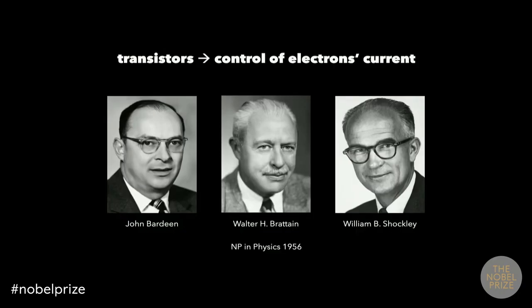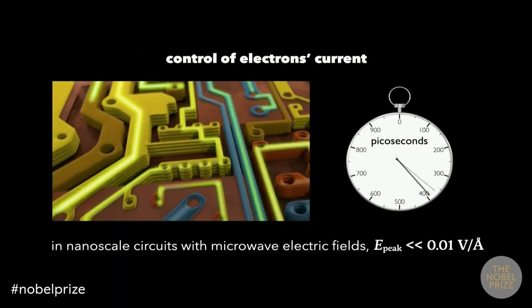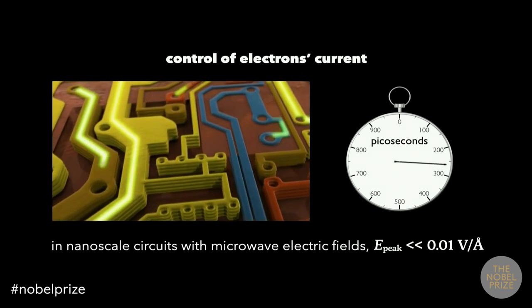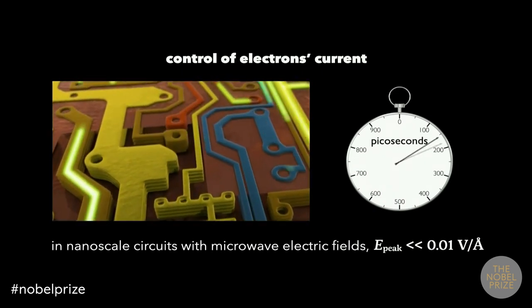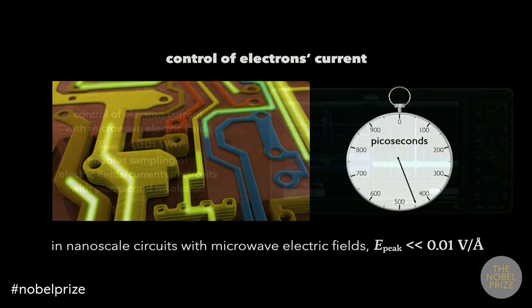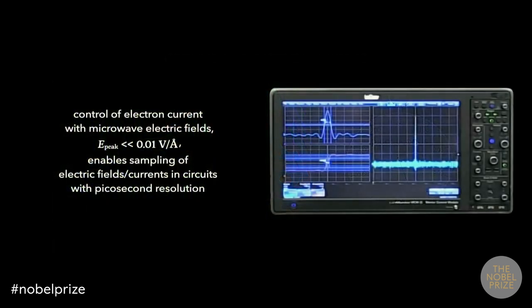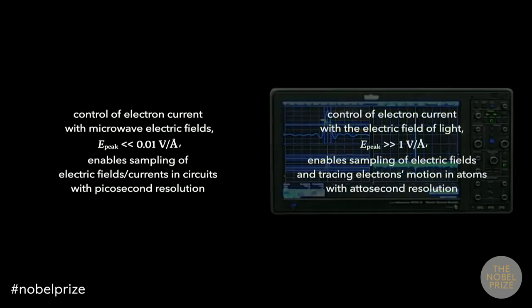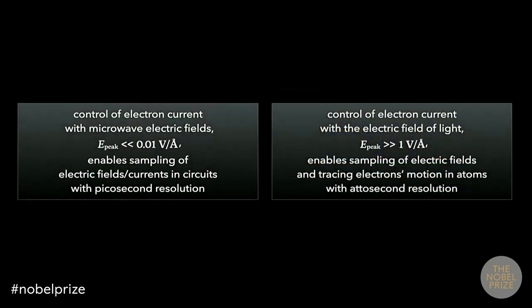One of the messages that I would like you to take home from my lecture is that control is absolutely central to time-resolved observation and exploration. For example, the control of electrons' current by transistors in nanoscale but yet macroscopic circuits with microwave electric fields underlies the capturing of fast-varying electronic signals in macroscopic circuits. Analogously, the control of electrons' current by the electric field of light opens the door to observing and eventually even controlling